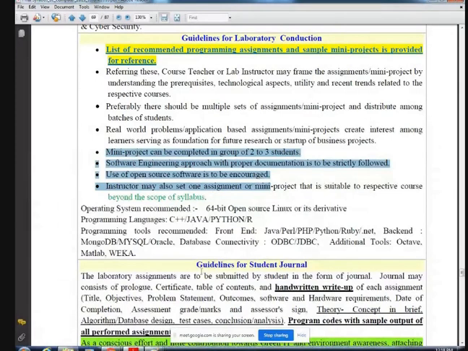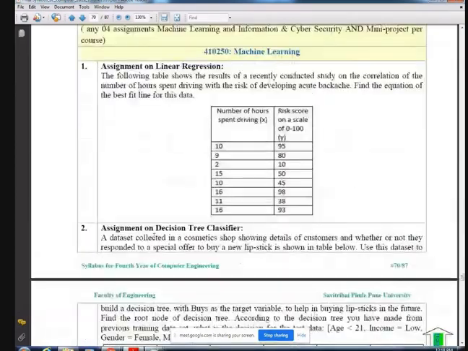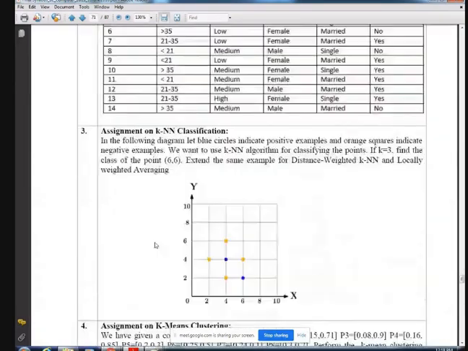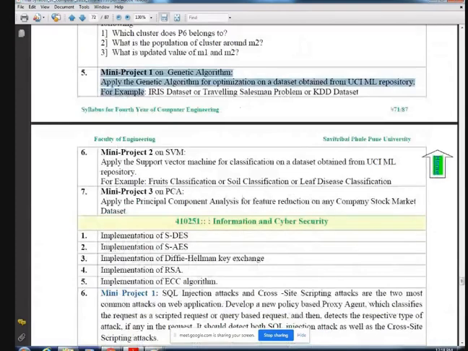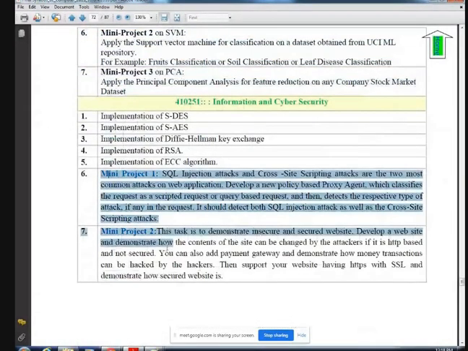Right? So I end the meeting today. In the LP3 lab tomorrow, you're going to give me your group member names and which mini project you will be doing from machine learning, that is, out of these 3, you need to do 1. And also in ICS, from these 2, which one you will be doing. Okay, I end the meeting for today. Thank you, students.